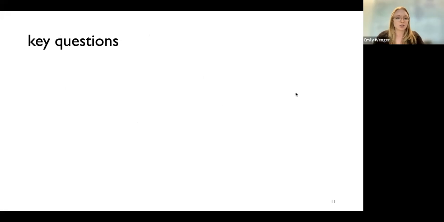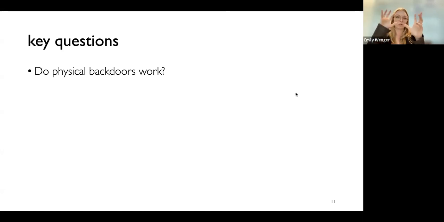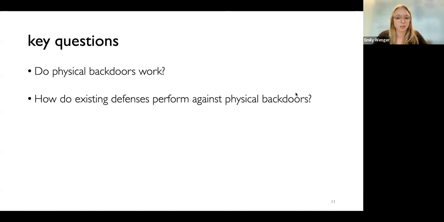And having established those, let's just ask some key questions that I personally think are interesting, and I hope you do too. So the first is, does this work? It's a pretty big jump to go from these pixel-based edits, which are perhaps easier to learn patterns, to these physical objects which morph in shape and size and location between different images. So whether they work at all is a question.